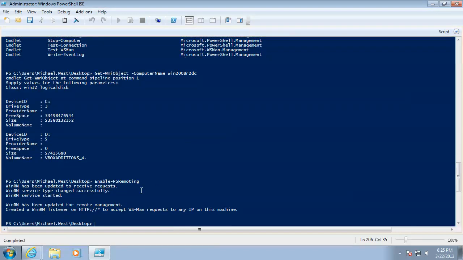The session configurations have to do with which configuration is used to set up the connection when you are communicating through remoting. You could do some delegated administration where you create a custom configuration for what commands or what access you want available. That's a whole other topic, a whole other video. So now that we've enabled the remoting,